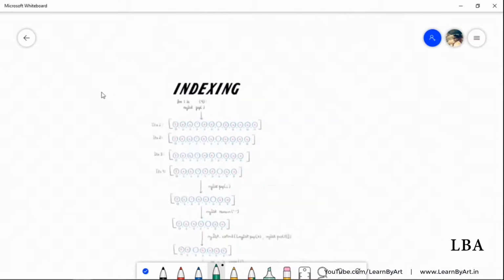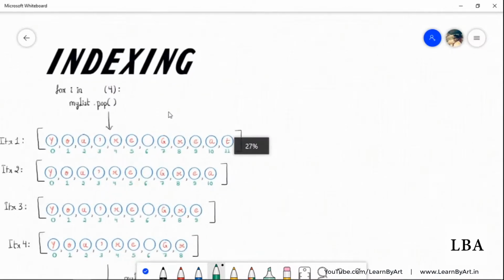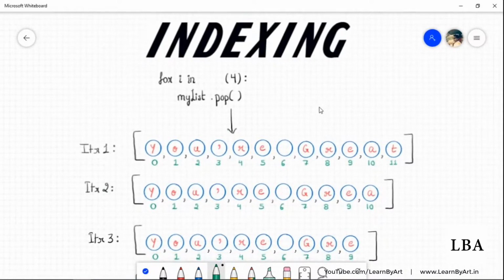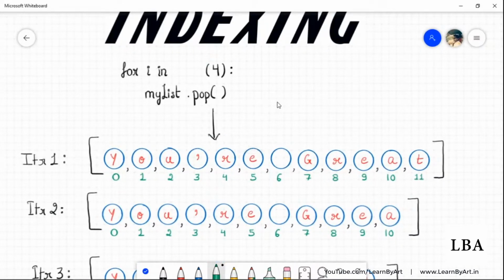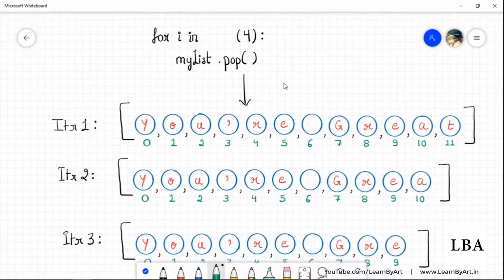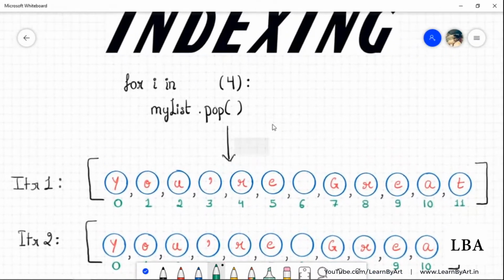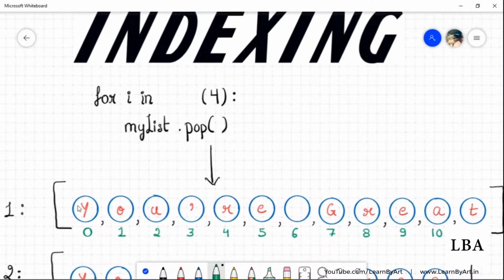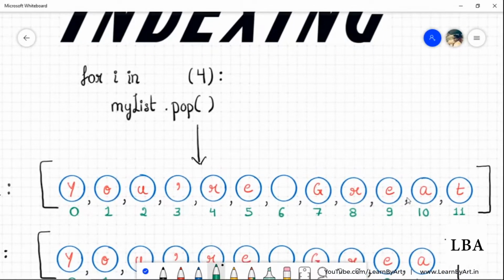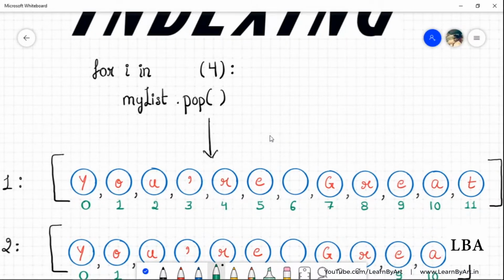Okay, so now indexing. Now we will check whether the indexing changes or not. So far we have checked that indexing is automatically given, and then we have checked that negative indexing is already given to the string as well as to the list. Now strings are immutable, lists are mutable, we know that already. And now we are going to see dynamic indexing in action. So we are going to do some damage to the list, and then we will see how the indexing changes, because once you change an element inside it, the indexing also changes, right? So this is done dynamically by Python. You don't need to change any of the indexes, it will be done automatically. So let's try to